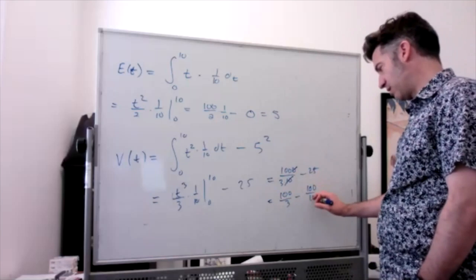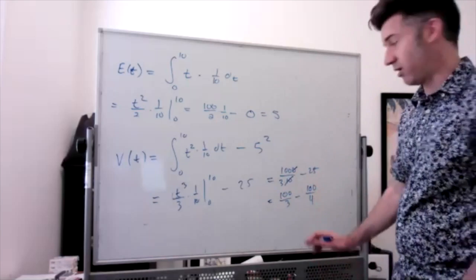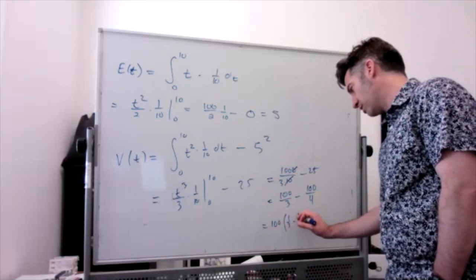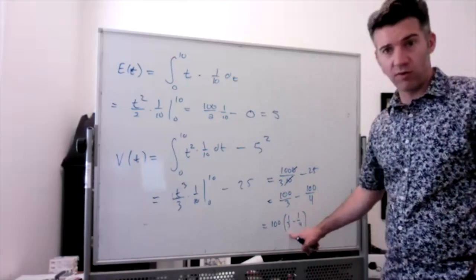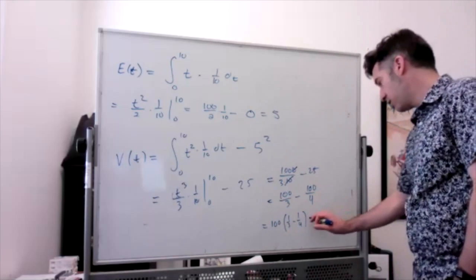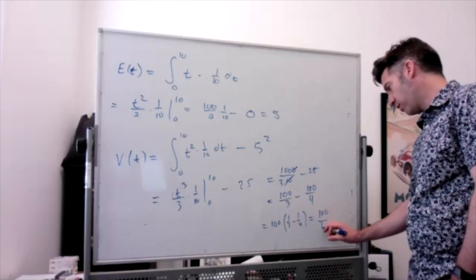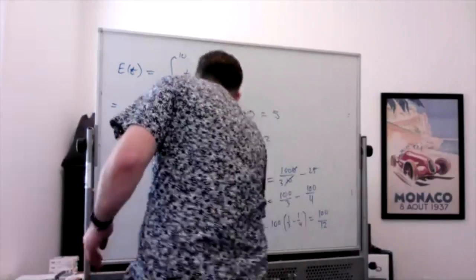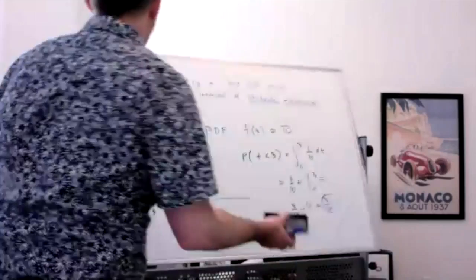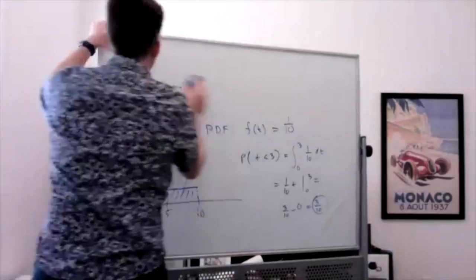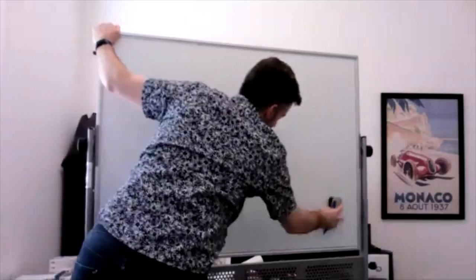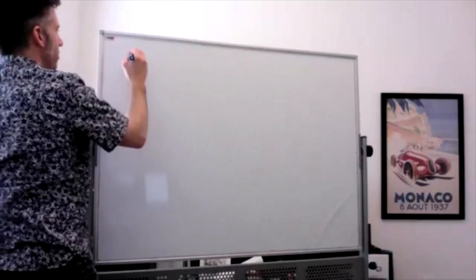I know it seems like a silly way of doing it, but I'm going to factor out 100. So you get 100 times 1/3 minus 1/4, and 4/12 minus 3/12 is 1/12. So you get 100 over 12. And I believe the formulas in general are as follows, for a uniform